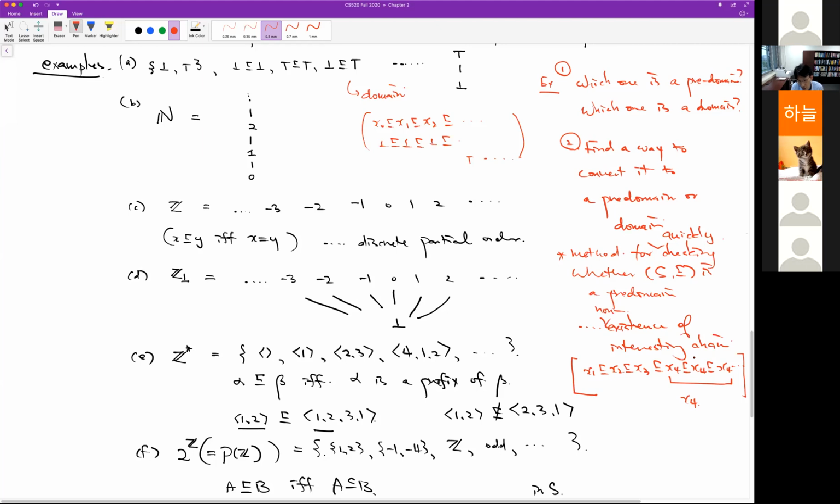So let's phrase it again. Non-interesting chains always have the least upper bound, and that least upper bound appears in the chain. Because of this A is a predomain, and it also contains the smallest element, bottom. So that's why it's a domain. Now let's use the same reasoning to check number C. C is a predomain